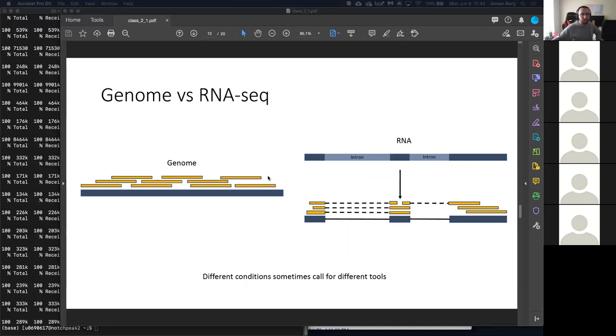Okay. So when you are processing your data, you need to think through each of the steps and what the different considerations are from the experimental steps and just the underlying biology that you'll need to pay attention to when you're actually processing the data. So one really big important consideration is genome versus RNA-seq